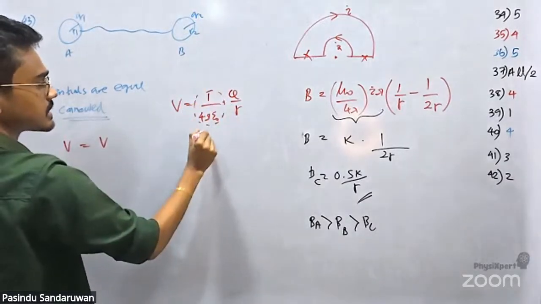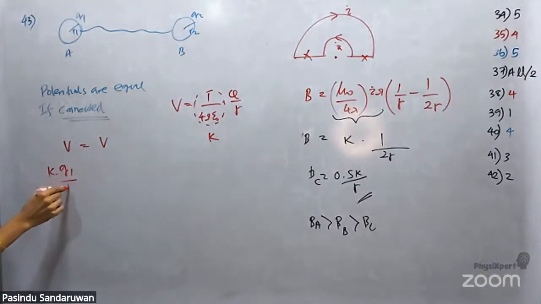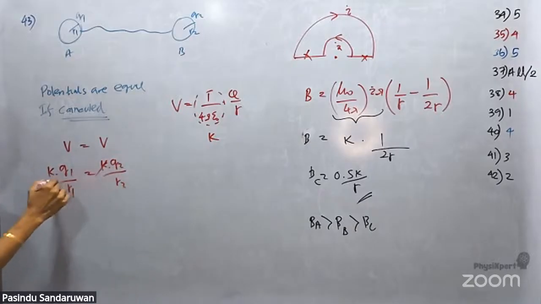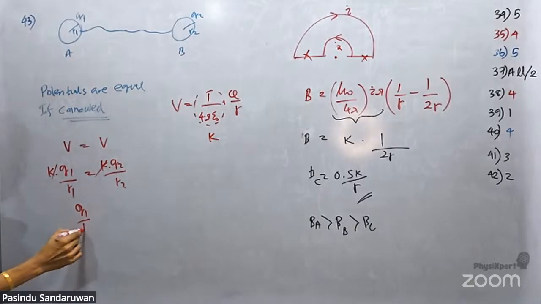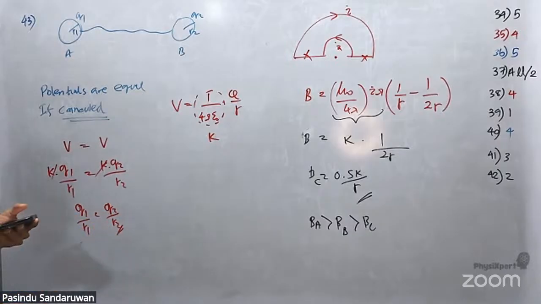So therefore, I will consider this as K. Then that is K Q1 over R1, and this is K Q2 over R2. K to K cancels. See? Q1 over R1 equals Q2 over R2. Having this in hand, now we can write